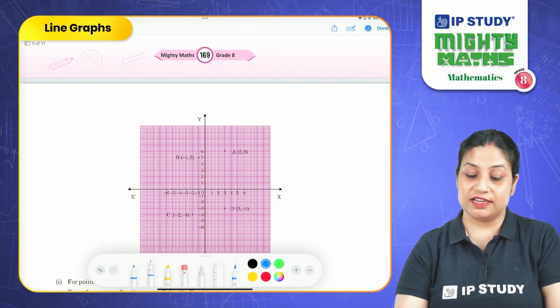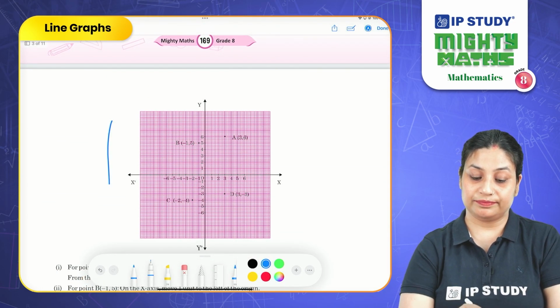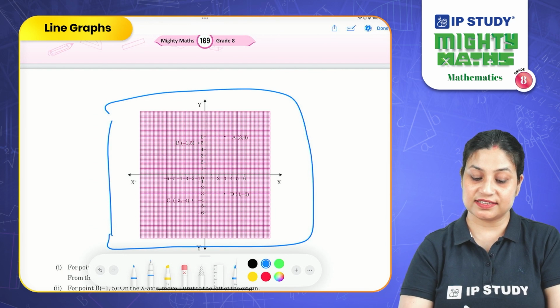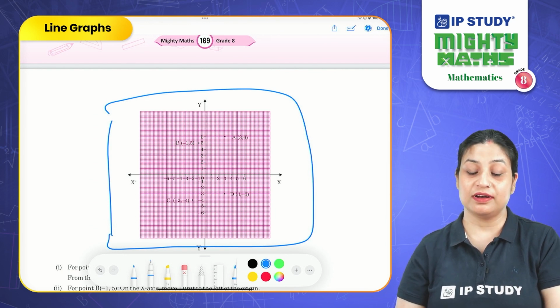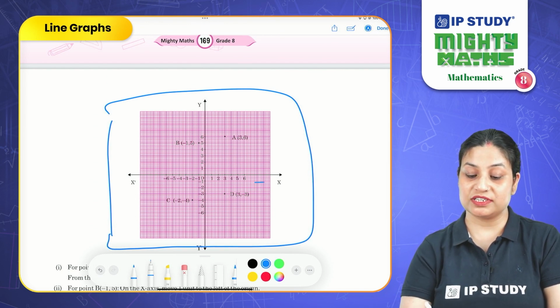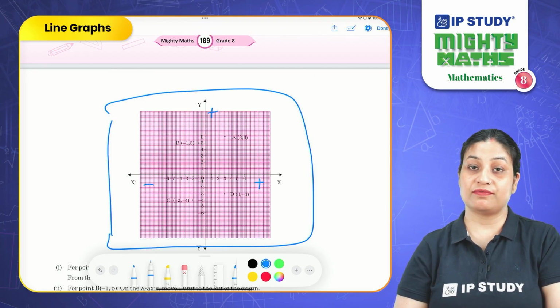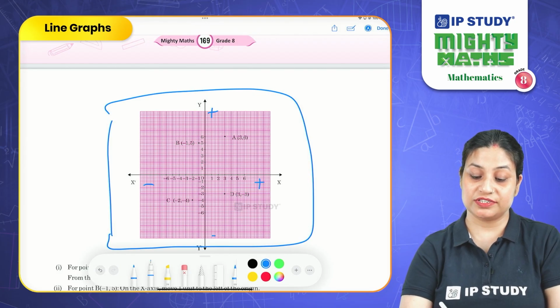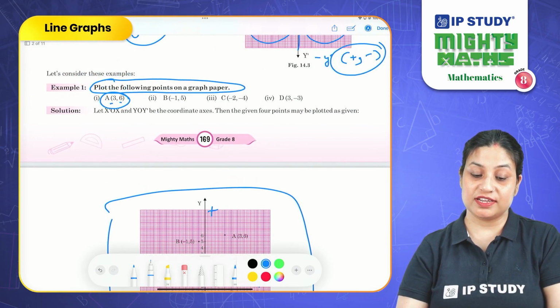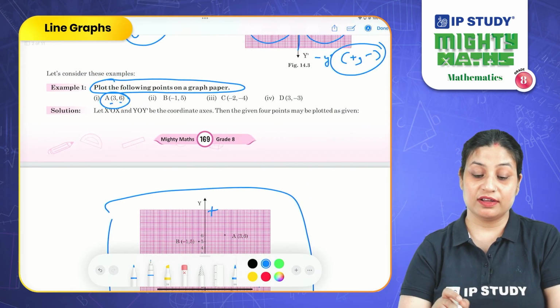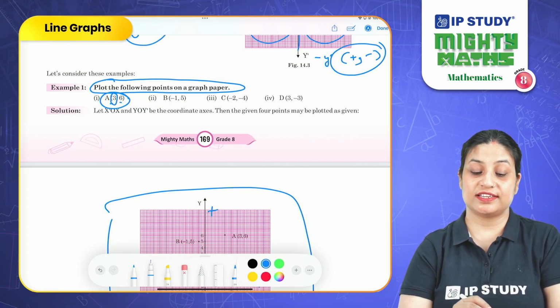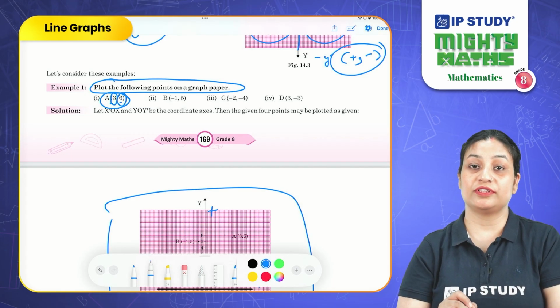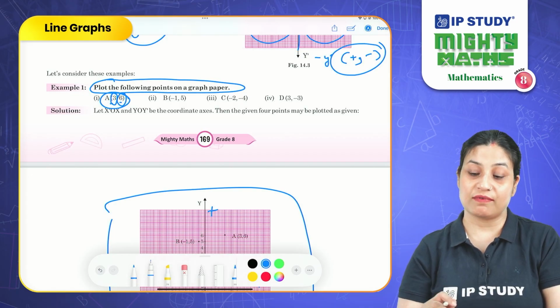So, let's see here. We have drawn the x-axis and y-axis over here on a graph paper, and we have written all positive numbers here, all negative numbers here, positive numbers in the upward direction for the y-axis and negative numbers in the downward direction for the y-axis. Origin is here. Now the first point we have to plot is (3, 6). It means 3 for the x coordinate and 6 for the y coordinate.